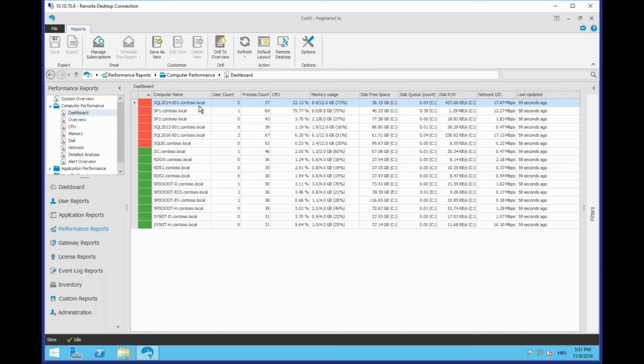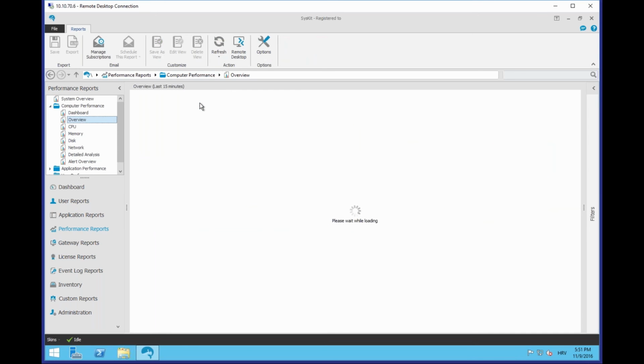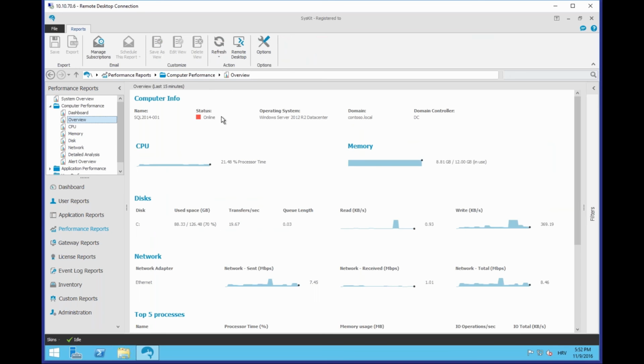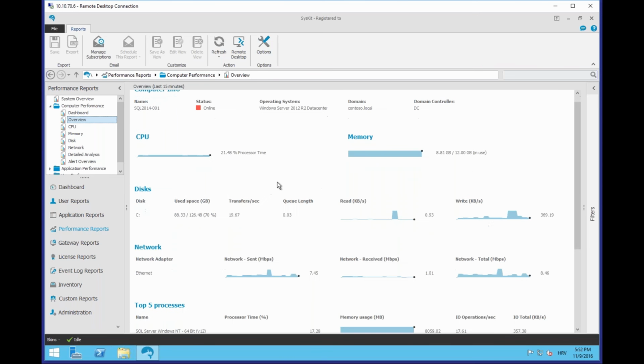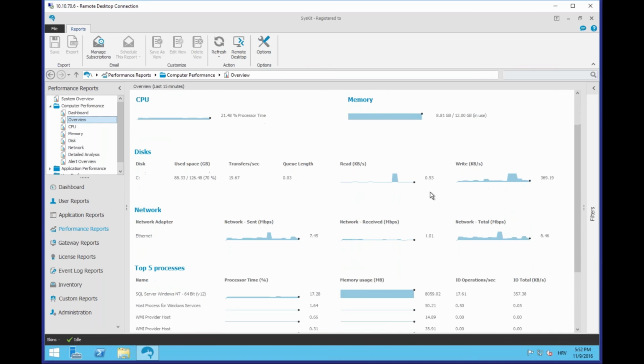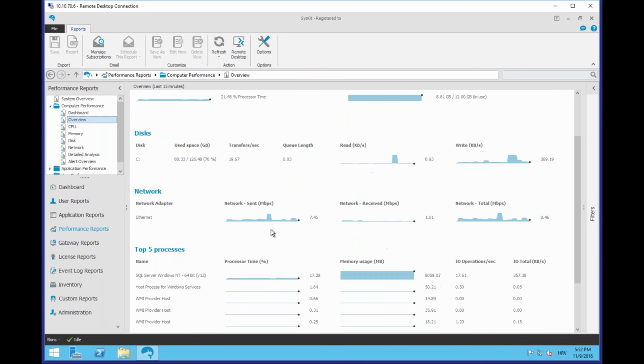So for example, let's select the SQL Server. The SQL Server in this example is in red. Let's drill down. After the dashboard, when you double click on the red server, it shows you the overview for that specific server. On this computer overview, we have the most important information about the server: the CPU usage, the memory, how much of the memory is used, all the hard disks that you have on that particular SQL Server, network, and of course